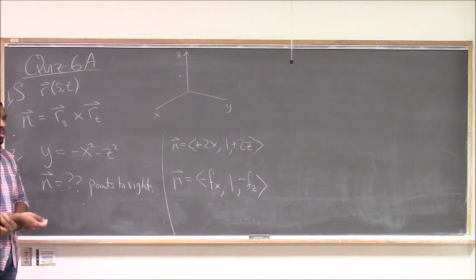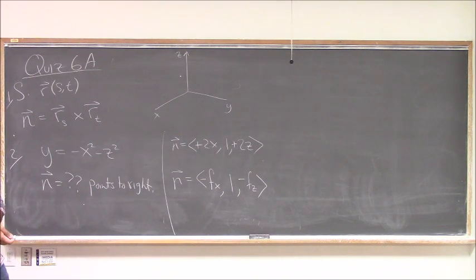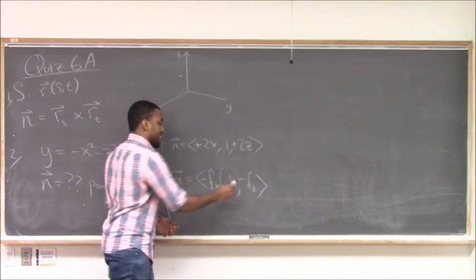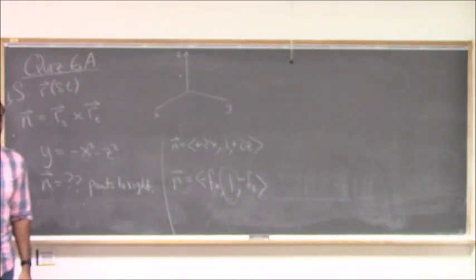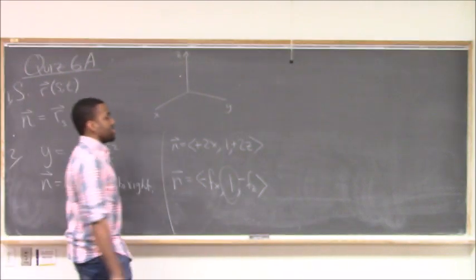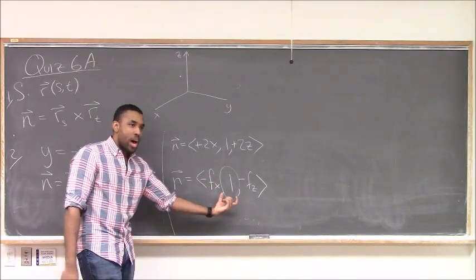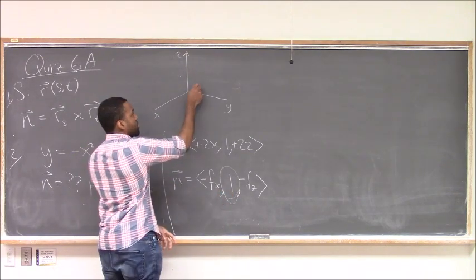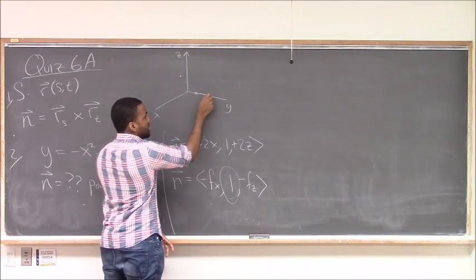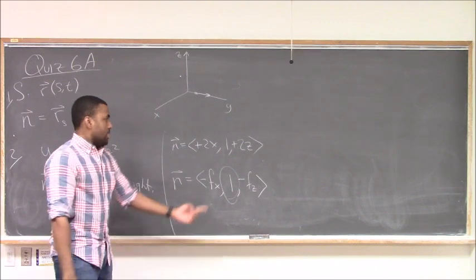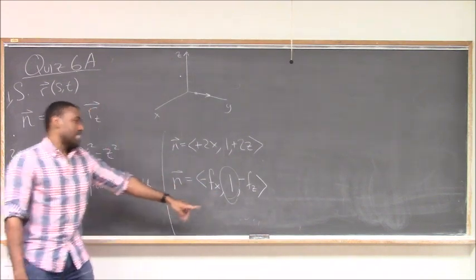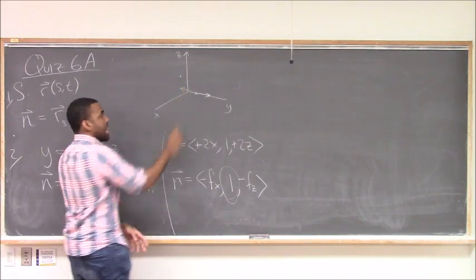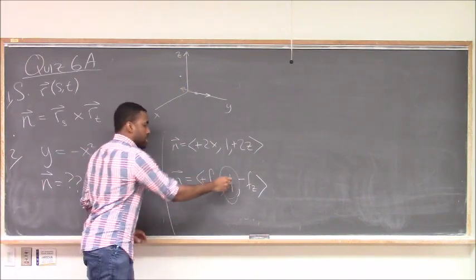Don't take the curl of the vector, that's way too complicated. Okay, just look at that guy. Look at the y. It's a positive 1, so it's pointing to the right. Positive means in the y direction, you're moving to the positive y. So as far as the y-axis is concerned, you're moving that way. If, for example, you did this formula, but you wanted the left one, you wanted the vector that pointed that way, you would just take the negative of everything,